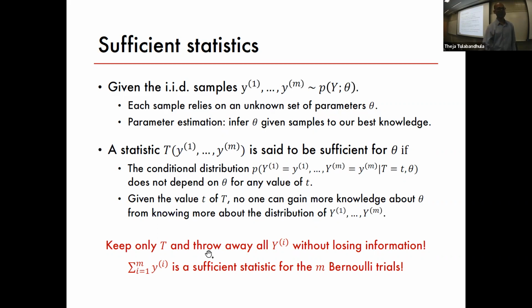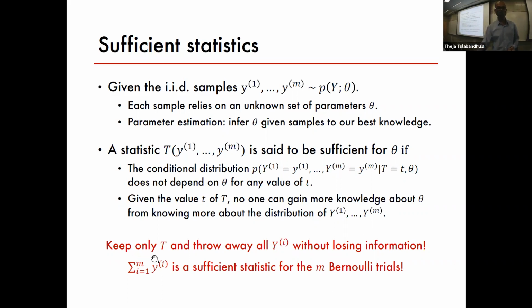Okay, so basically the idea is compression. A statistic by definition is like compressing data. It's a function of the data. So generally you take an average, the usual things that we naturally do, average or estimated standard deviation, and so on. So basically we can only keep t and throw away all the data without losing information. Again, information here informally just means information related to the underlying distribution. Of course, we lose information which is the sample realizations themselves, but we don't care about that. We care about the underlying distribution's parameters actually.